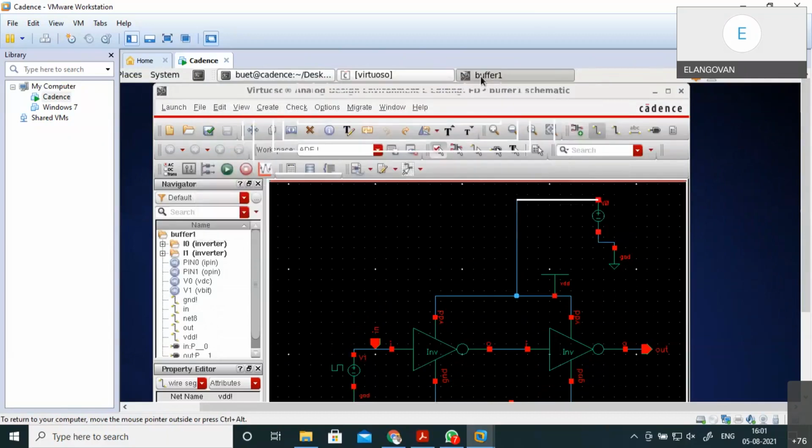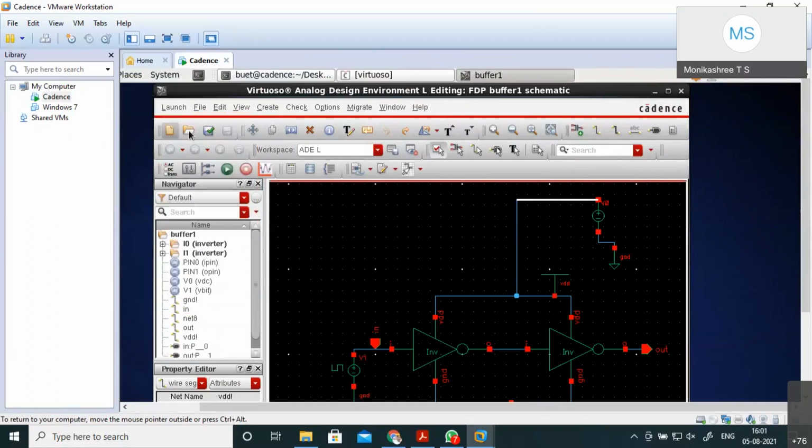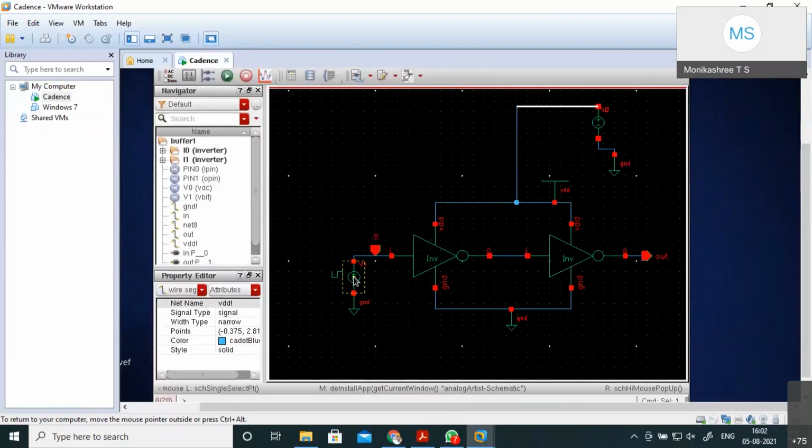Okay, let me check and then whether it's working. I think this input pin is floating. No, V1. After the V1, we have an input pin that is 0.5. Above that one pin, we can see that.